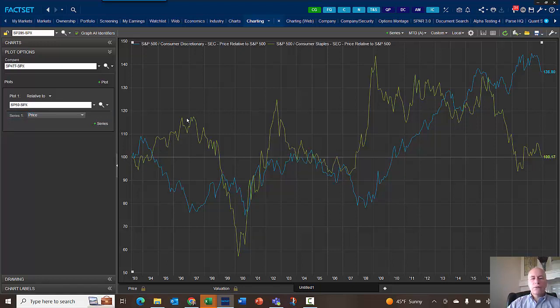So if the 100 goes to 116, that means the consumer staples, the greenish line, outperformed the S&P 500 by 16%. And when that happened, discretionary went from 100 to about 78, which means over the period of time staples was outperforming, discretionary underperformed, because it was a 78, underperformed by 22%. Actually, you want to do